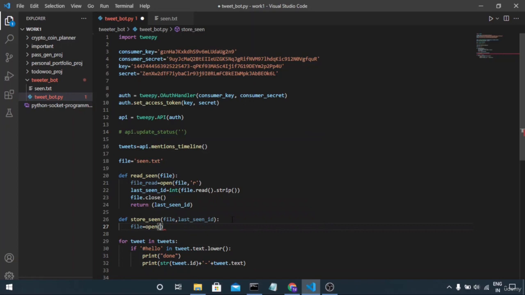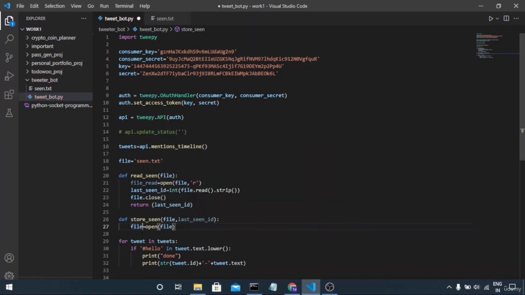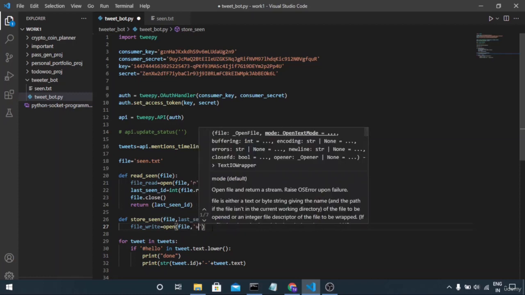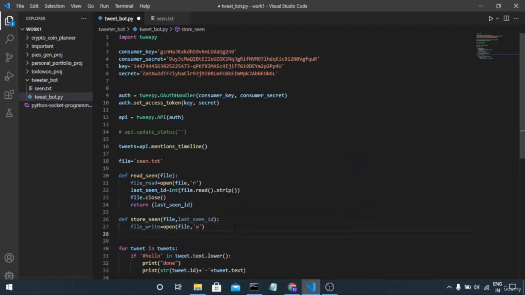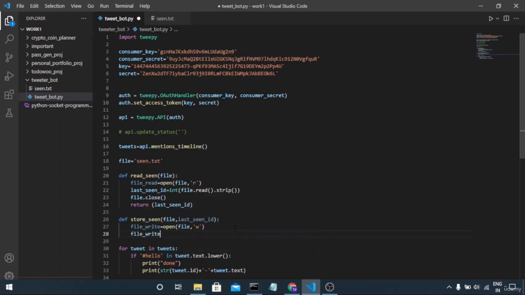So I am going to open the file. Here I am going to give file, actually I need to change this, file underscore write, and I am going to change it to open file. Now I am going to give the write operation here. After this, file underscore write,